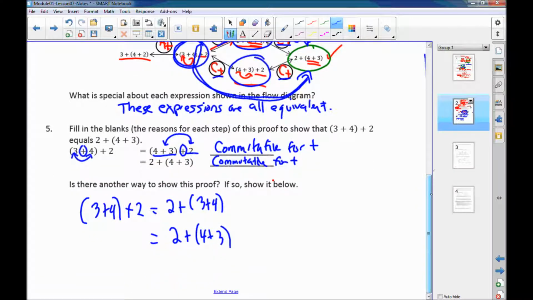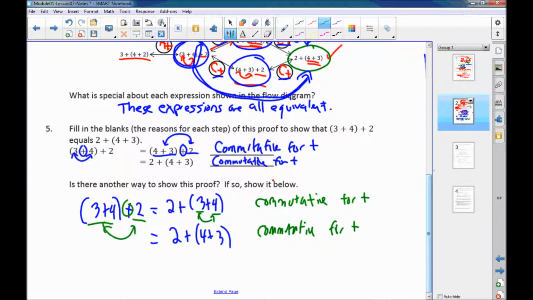Now, once again, what did we do in the first step? So in the first step, we took 3 plus 4 and 2, and we switched them around the adding sign. So when we switch around the adding sign, that's the commutative property for addition. And then in the second step, we took the 3 and 4 and we rearranged them around the adding sign. So once again, this is the commutative property